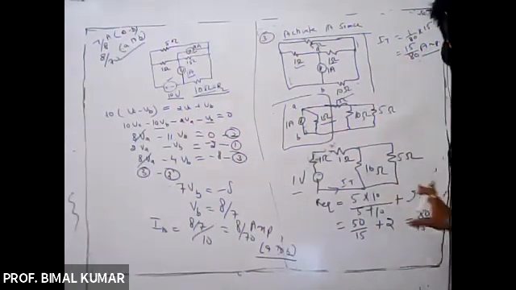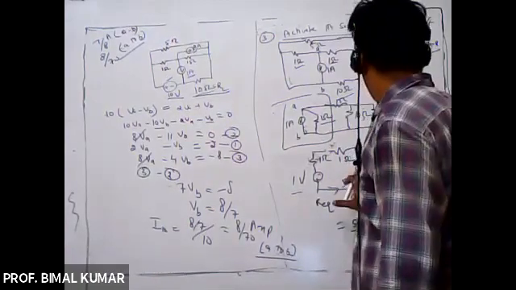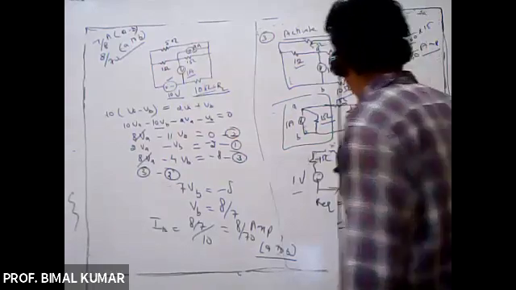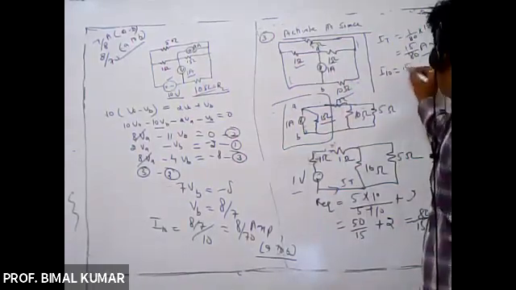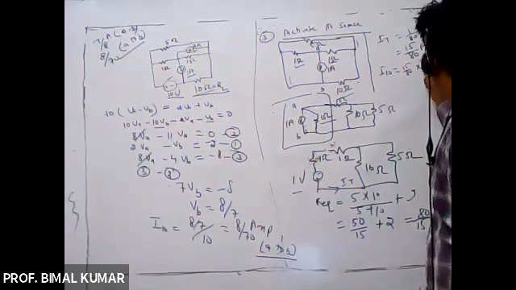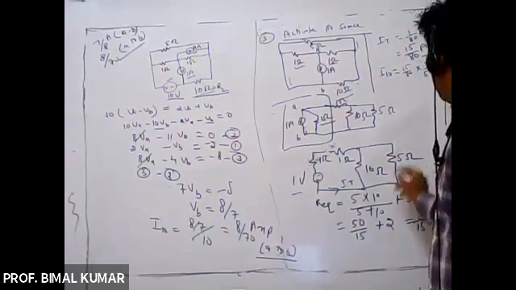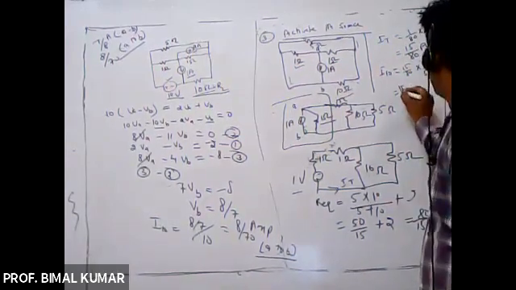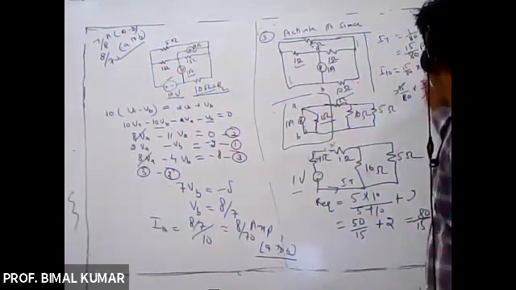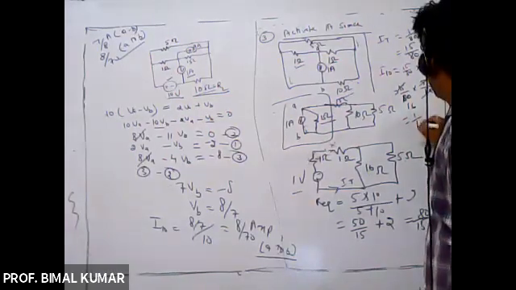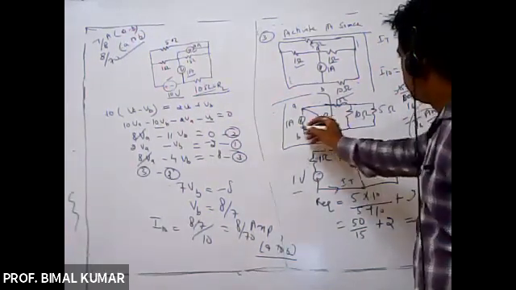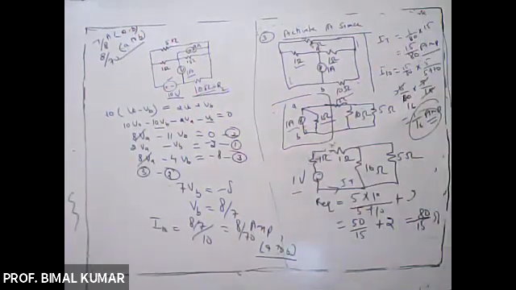And then after that, here the current division method may be applied. So I through 10 will be equal to total current 15 by 80 into opposite resistance, that is 5 ohm upon 5 plus 10, sum of both the resistance. So this will be 15 by 80 into 5 upon 15. 15 gets cancelled out, here it will be 16. So 1 by 16 ampere is the current due to this 1 ampere source, right?